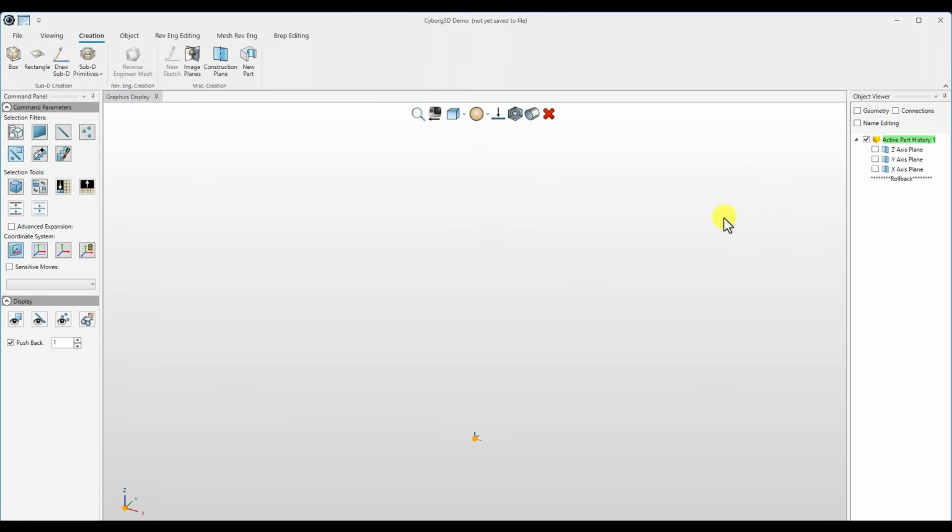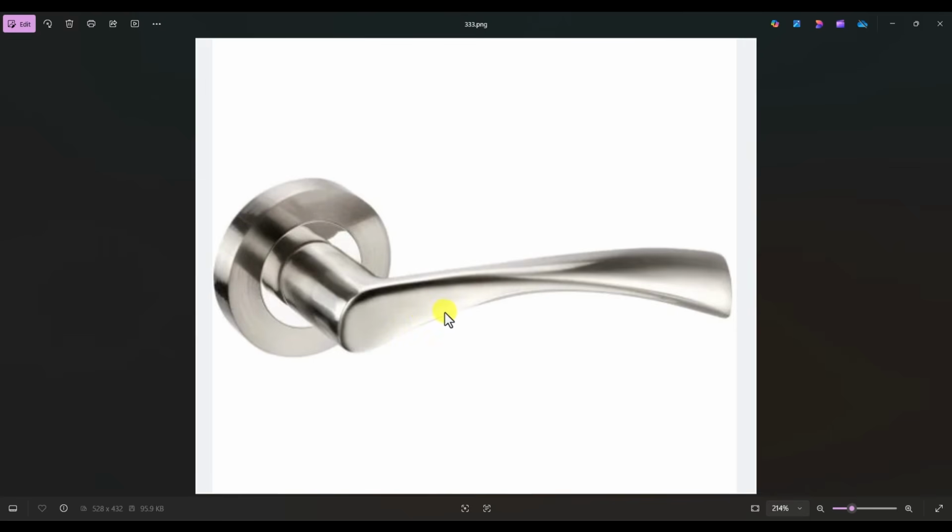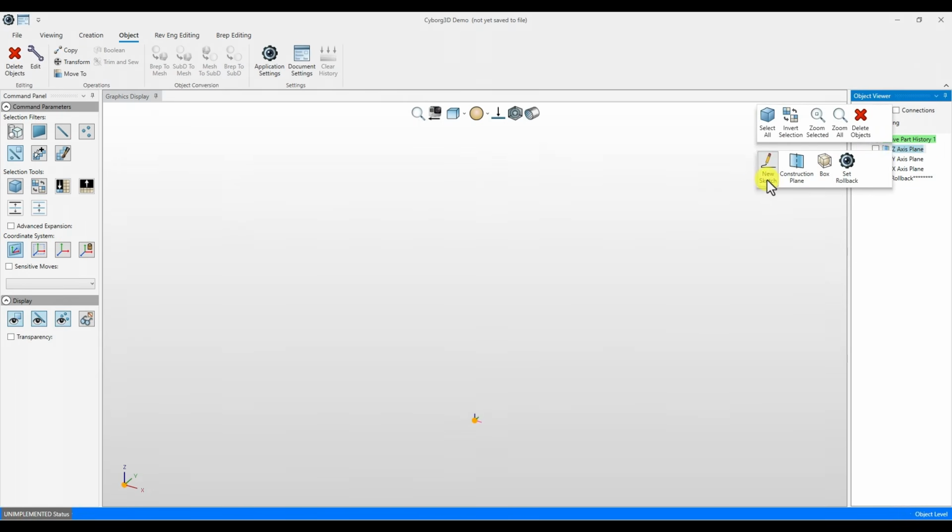Okay, in this video I'm going to use some preps with subdivision surfaces using Cyborg 3D reverse engineering. As you can see here, I have this door handle. I'm going to try to model this unique look or unique design, and I'm going to use some constraints to constrain it with a cylinder in specific dimensions. So at first I'm going to go to my z-axis plane, right click, and I'm going to use